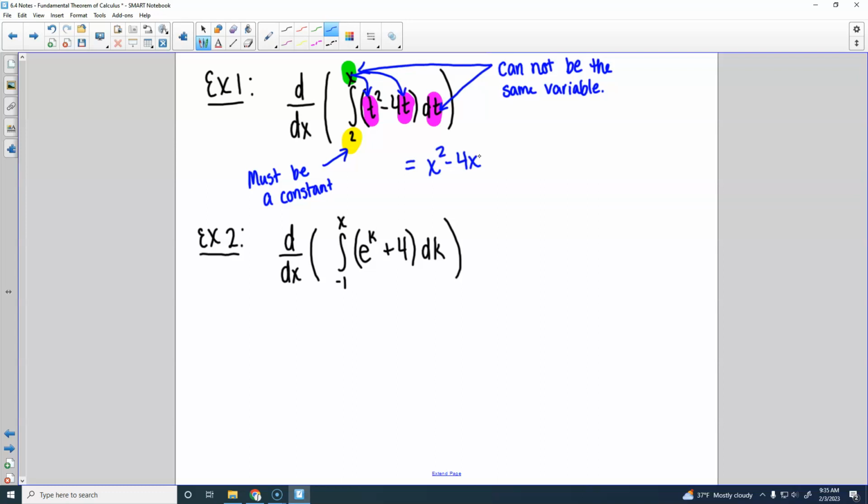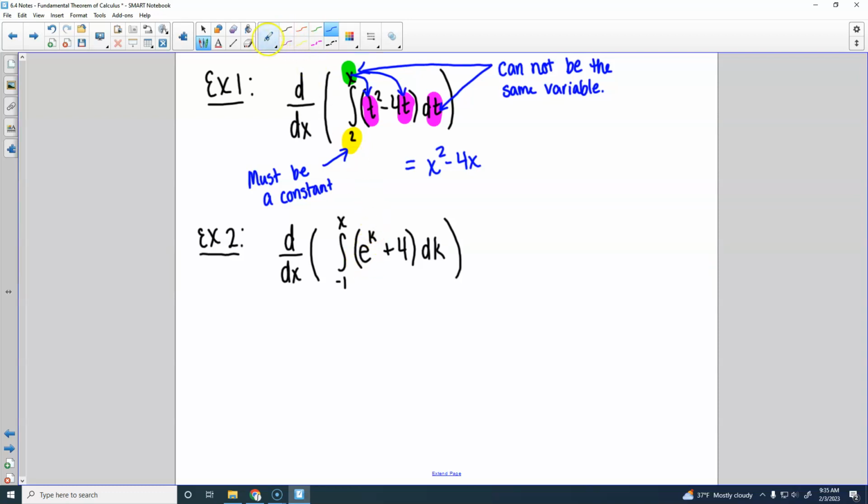Yeah, the fundamental theorem of calculus is huge as far as mathematical discoveries. Not terribly difficult as far as actually evaluating the problems that we're going to be given. Yeah, the answer is basically the function, right?